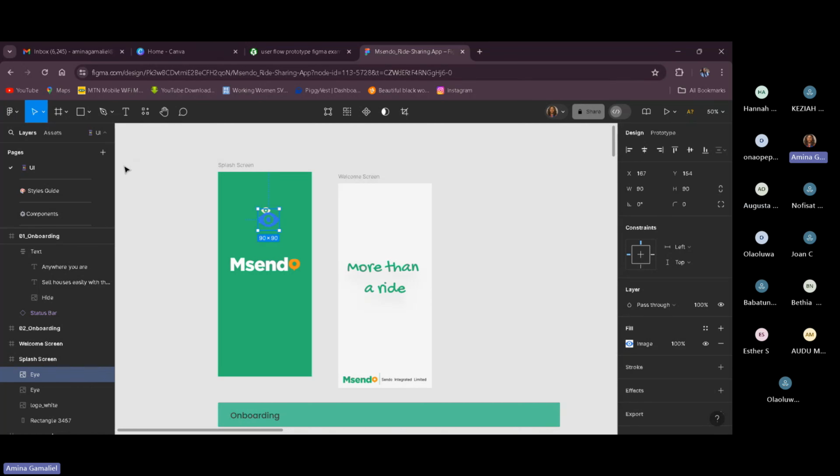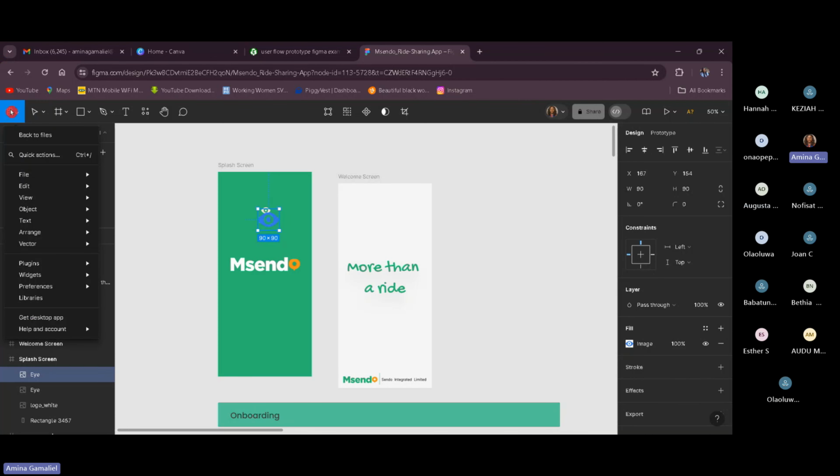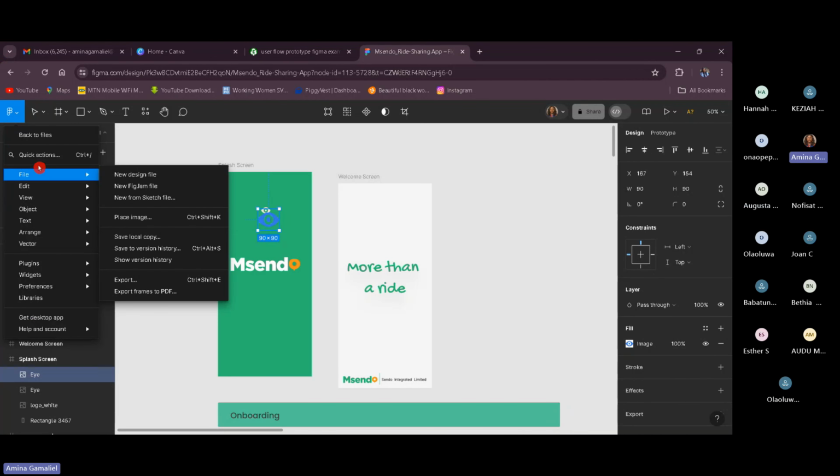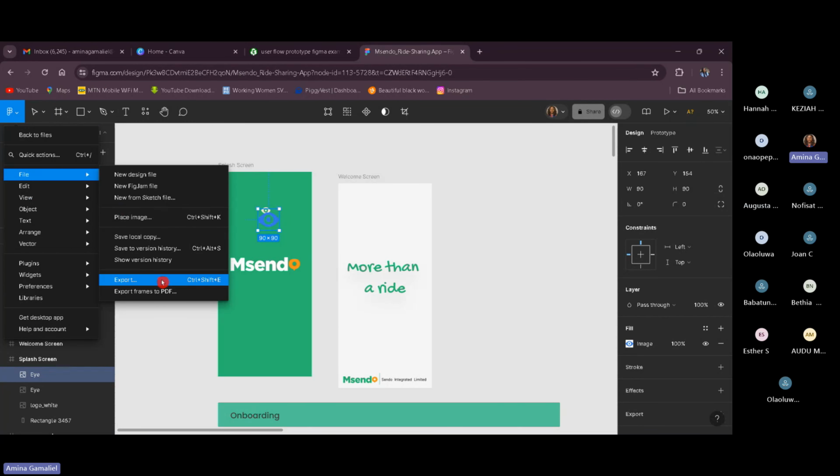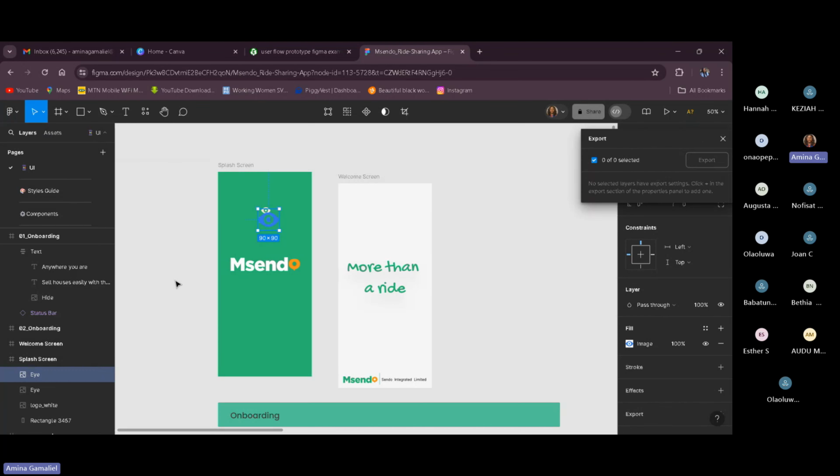Because you have one frame on your canvas, it's just going to export that one frame as a PDF. That will make it easy for you to share. So in case someone else had that same issue, go to your file under your Figma logo at the top left corner, and then go to file. Under file, you're going to see export. You're going to see export frames to PDF. Do export frames to PDF instead. But if you have multiple,